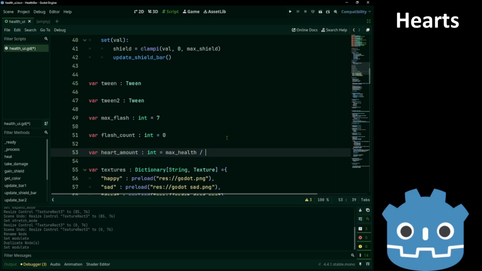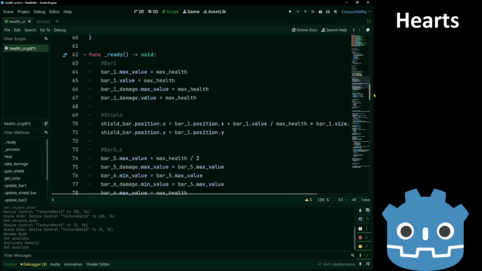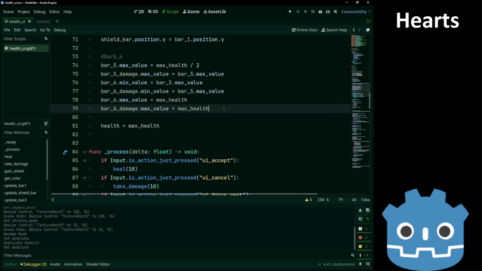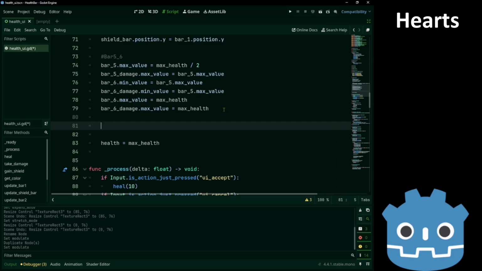We could also divide it by our step times 2. If we say that half a heart is 10 HP, 20 HP would be 1 heart. So let's set it over here.